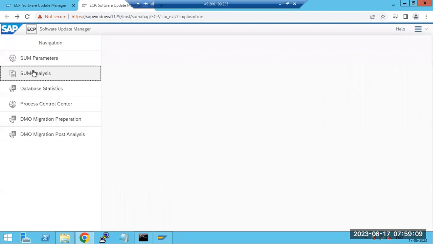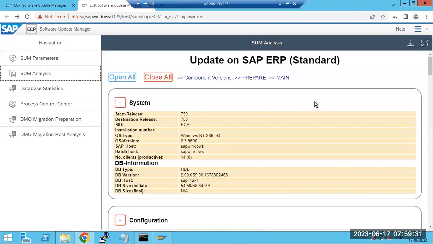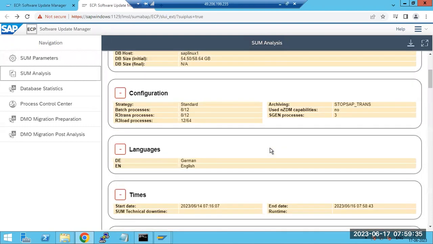If you go to the SUM analysis file, this is called the upgana.xml file. Each step, how much time it took, how many patches are imported, what the source version is, what the target version is, all the analysis is there. You don't need to record any of it. Finally, one day your customer asks you, I need some statistics: how much time it took, when you started,